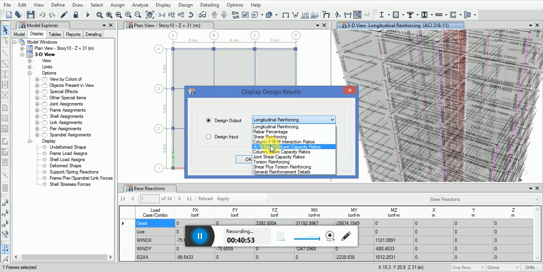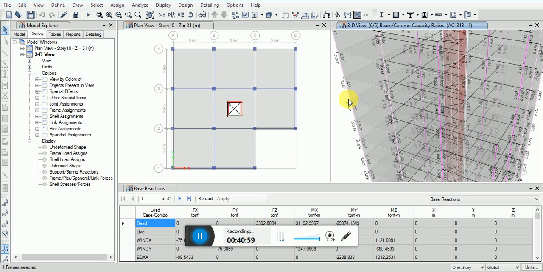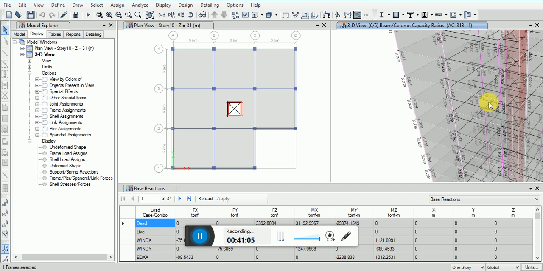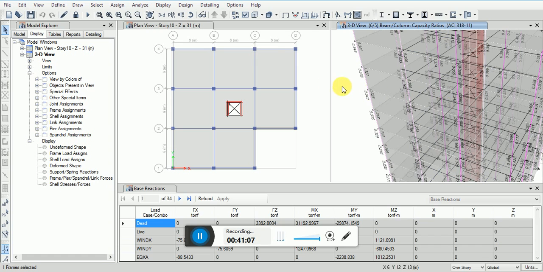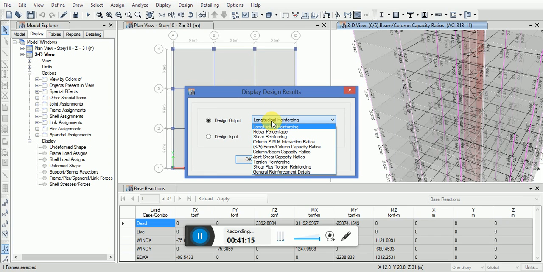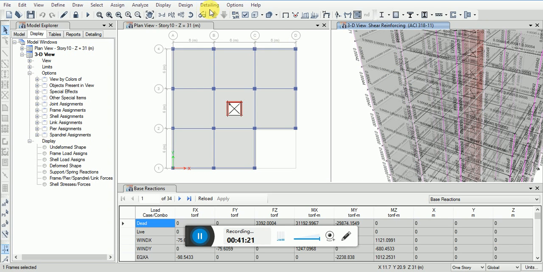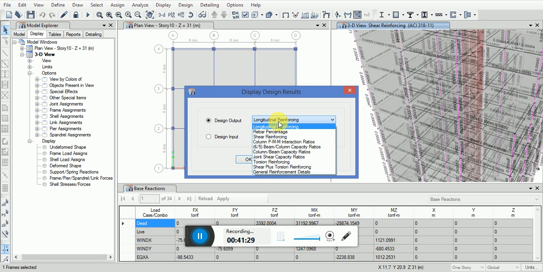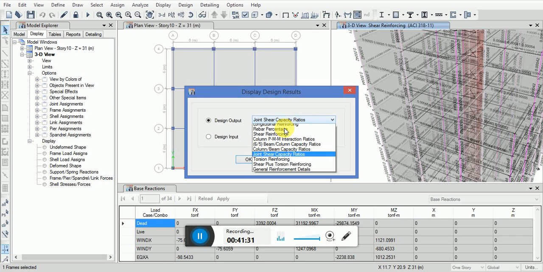Whatever you want to see, column beam capacity ratios 0.30, shear reinforcement, torsional reinforcing,